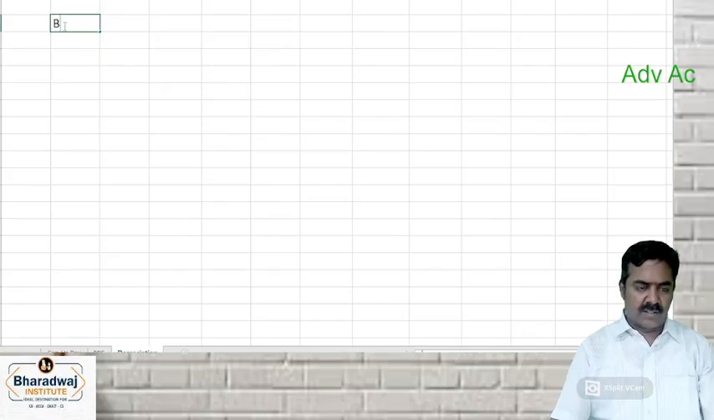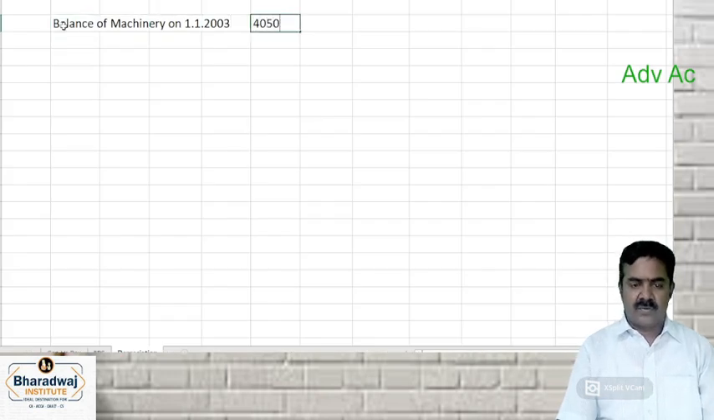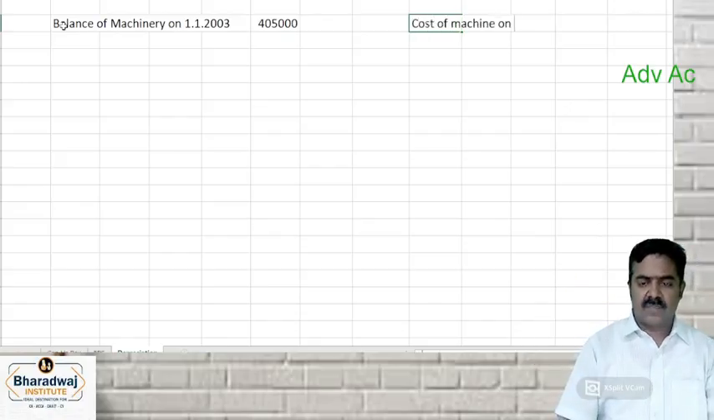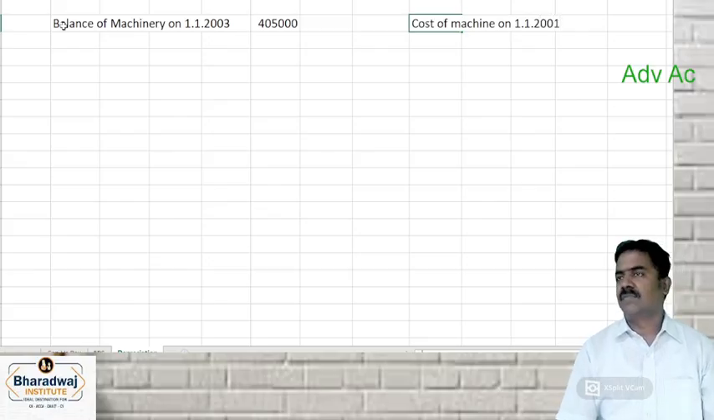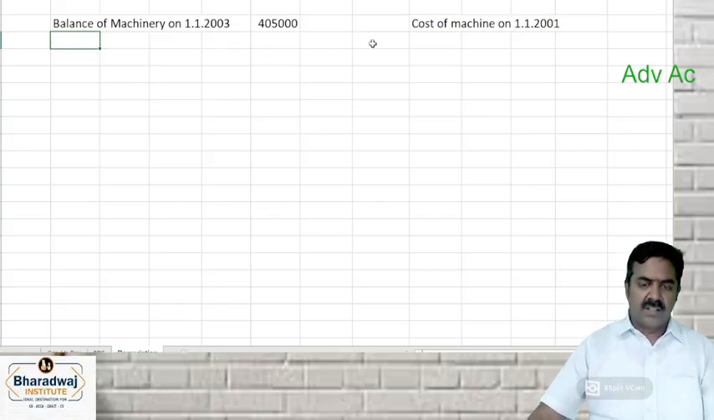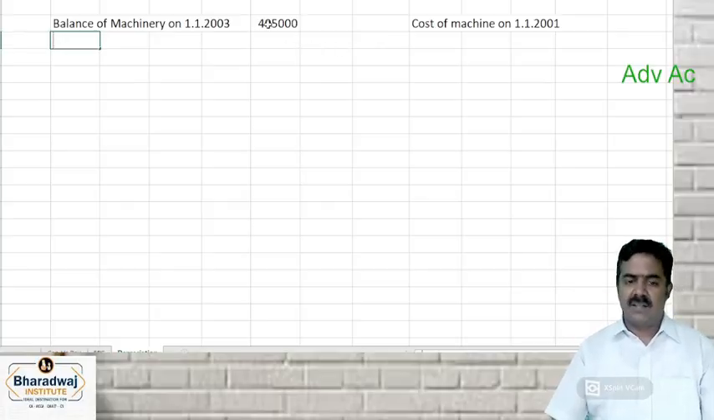Tell me, what is the balance of machinery on 1/1/2003? 1/1/2003, how much? 4,05,000. We want to change from 1/1/2001. So what would have been the cost of the machine on 1/1/2001? Wait. When you are following the WDV method, if opening balance is 100, depreciation is 10%, closing balance will be 90%. So